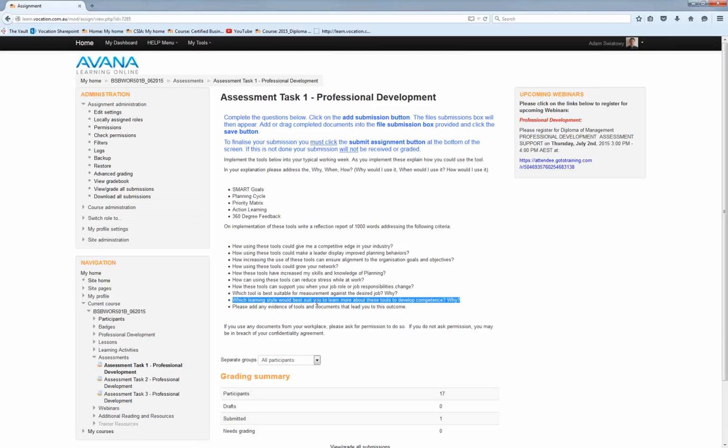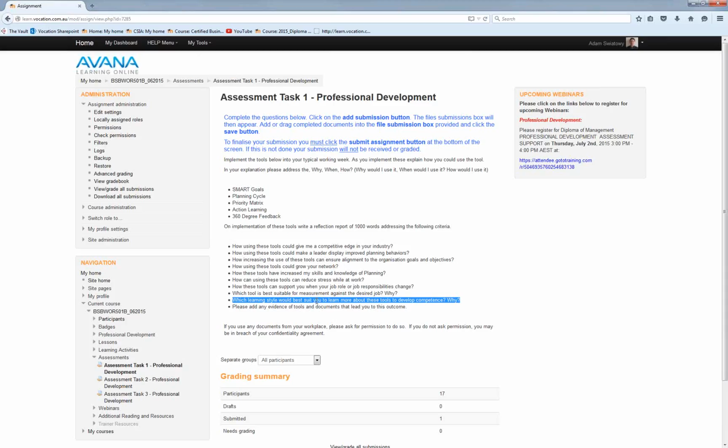Okay, which learning style would best suit you to learn more about these tools and develop competence? It's a bit of a silly question. Really just want to know what's your learning style. So you can either use the VAK, the visual, auditory, or kinesthetic learning styles to reflect on. You can reflect on some of the other learning styles that are in the learning materials. Just tell me what your learning style is,